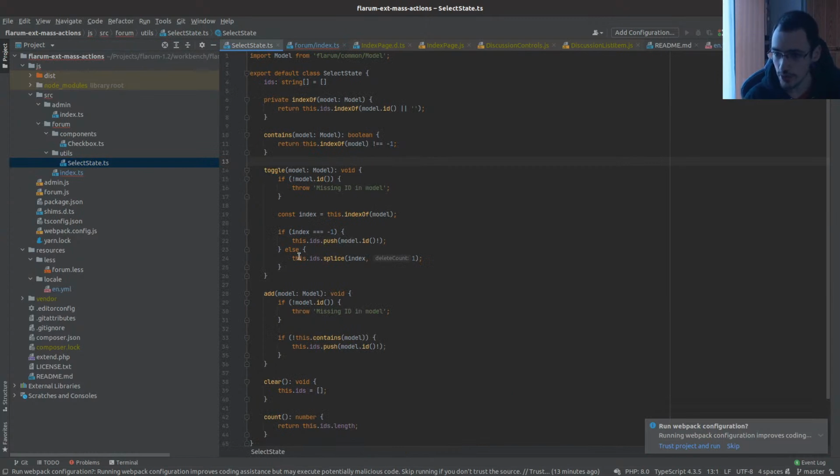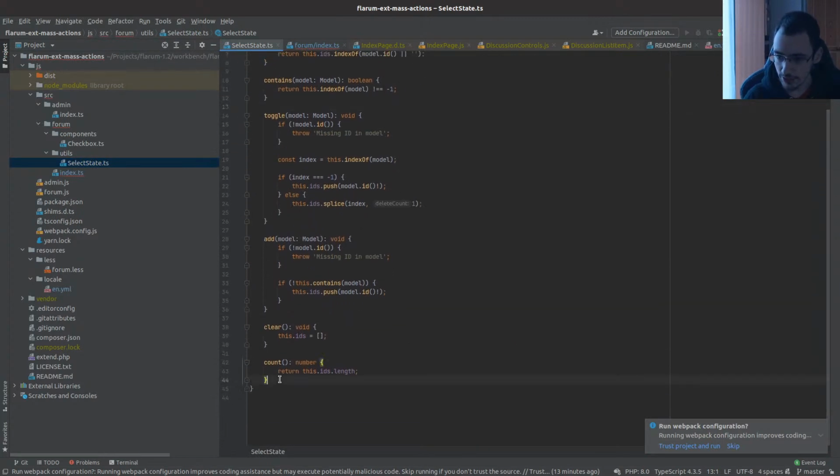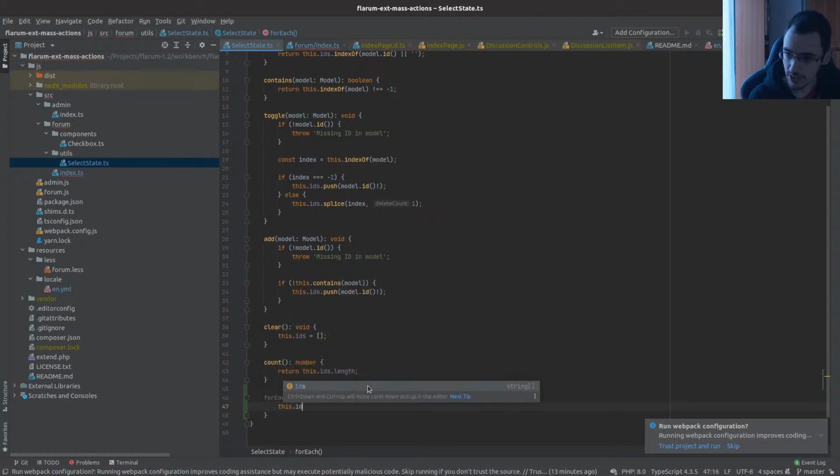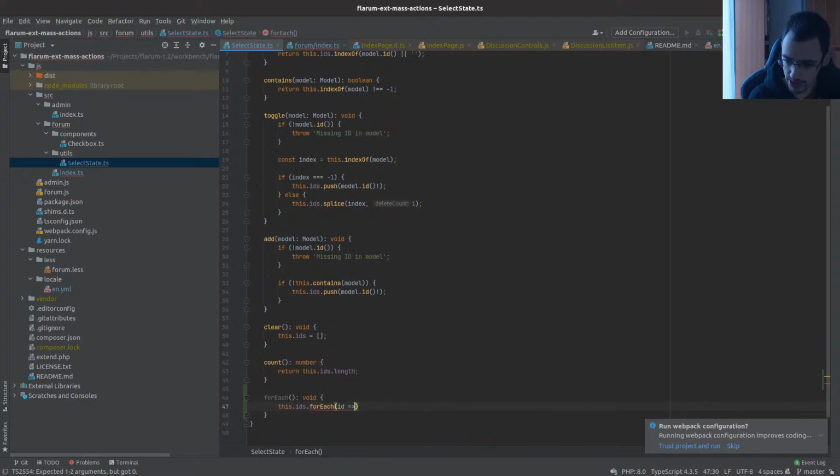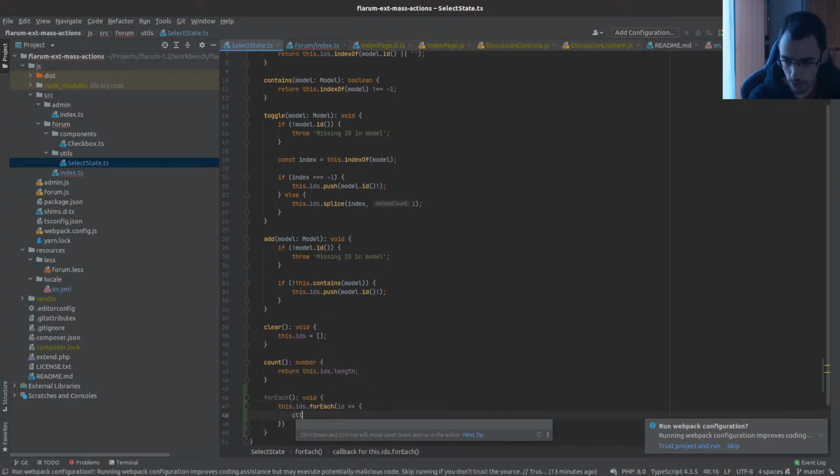How can we loop through the models? So I think let's just add a method called forEach, because I think it will be the most useful. So let's just do something like this. Then we will do this.ids.forEach, for each ID, and then we will call the callback. So we need a callback, and the callback will be called with